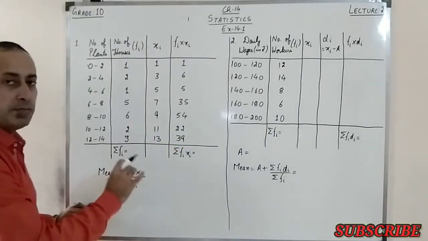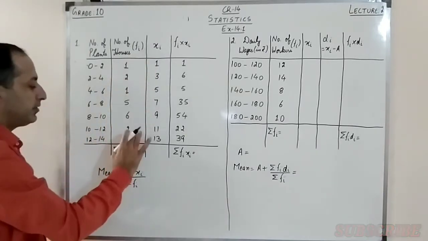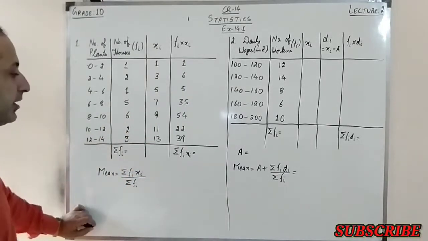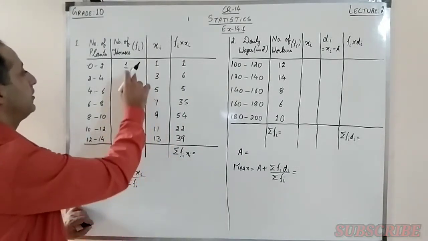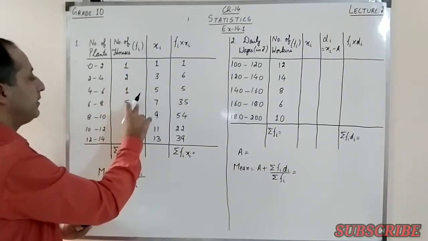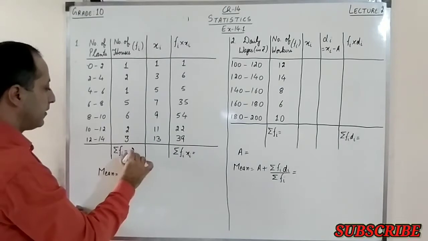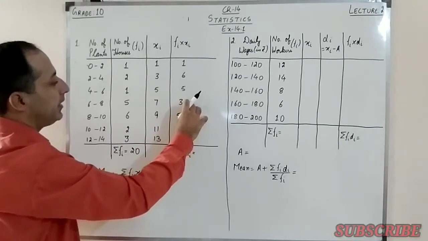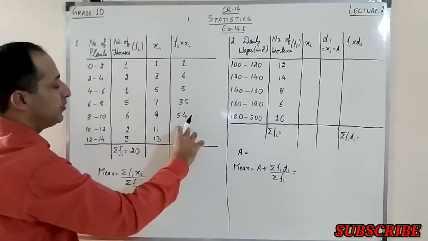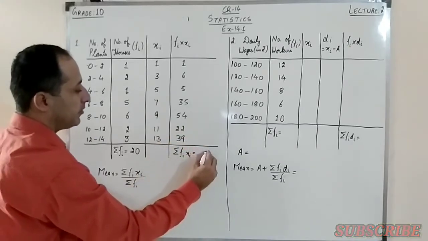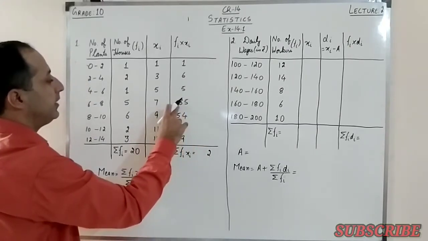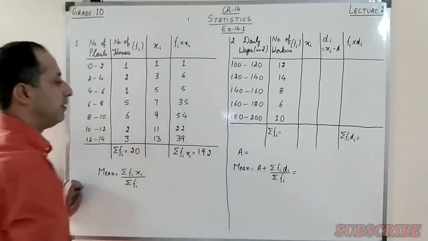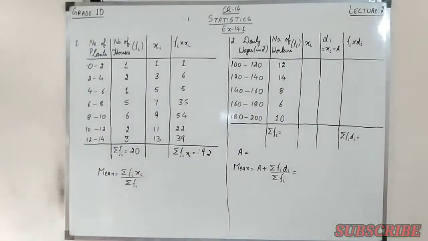So now the next step is to add these frequencies, and we get the value of summation Fi, and then we add all the values of Fi multiplied by Xi to get the value of summation Fi Xi. So this is 1 plus 2 is 3, plus 1 is 4, plus 5 is 9, plus 6 is 15, and this is 20. Right, we add these now. This is 7 plus 5 is 12, 12 plus 5 is 17, 21 and 2 is 23, and 23 plus 9 is 32. So we have 2 here and 3 carry. So 3 plus 3, 9 plus 5 is 14, 14 and 5 is 192.